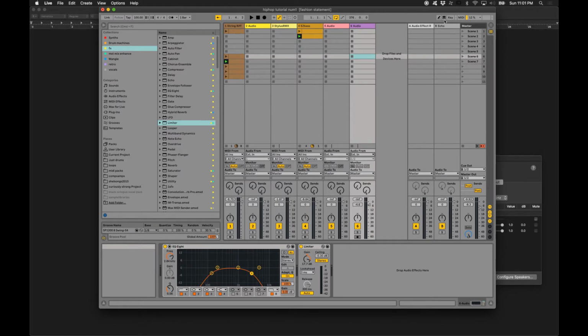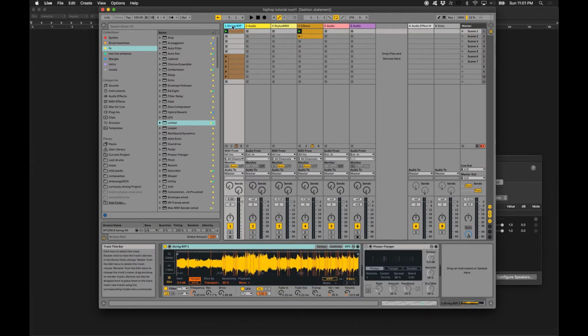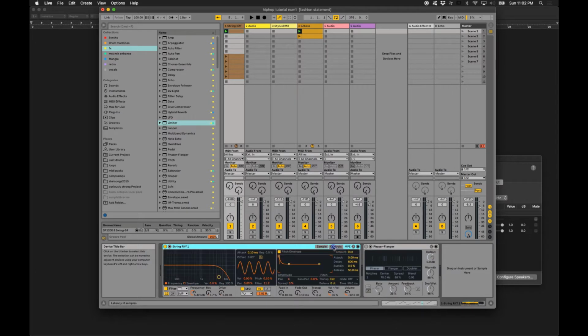Let's get into it. Yesterday I came up with this. Now I'm going to go back to the string track, double clicking on the header, and here is my sampler instrument. And what I'm going to do to vintagize the sound of this sample is go to the Controls tab on